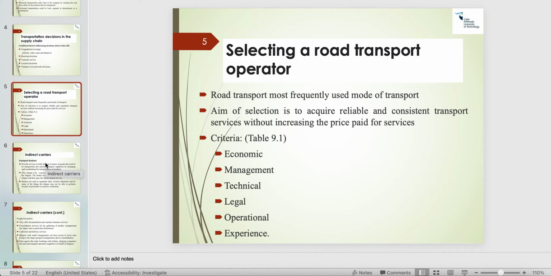Then the operational part is your flexibility. Are you able to reach the market? Do you have the ability to add additional capacity? So the whole operational part of it. You have warehouses. Does it involve any inter transport? Can the business comply with just in time? So all these form part of the operational part. Then experience obviously is the skills, how experienced you are, what is your customer base, what is the nature of your customer base, and then what is the capacity of your company to handle such kind of workload. So that all falls under experience.